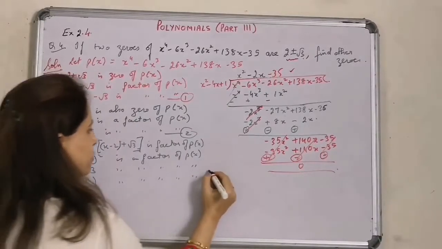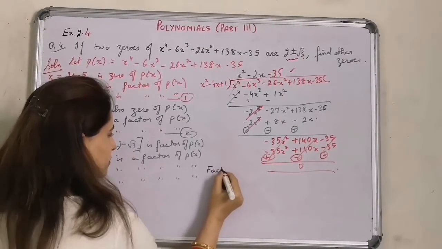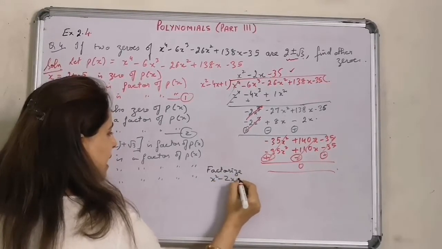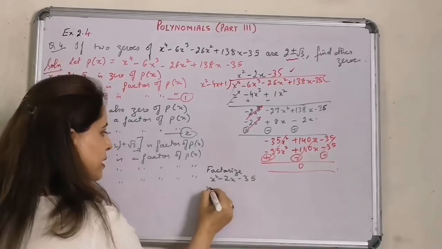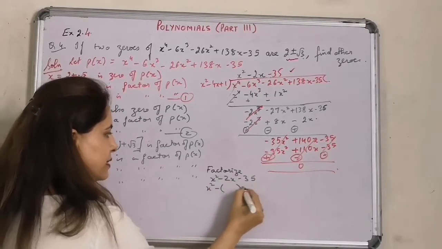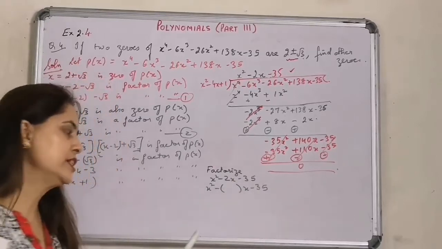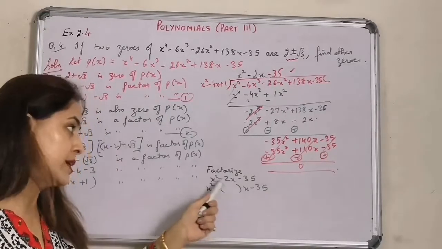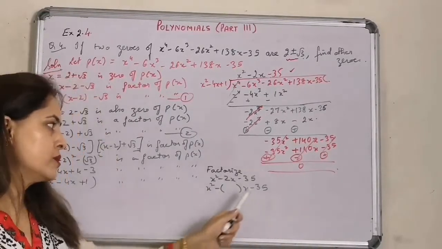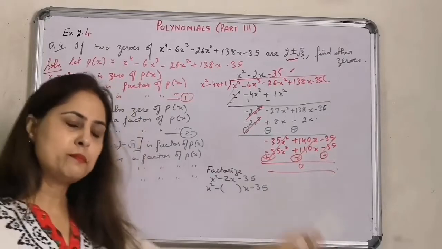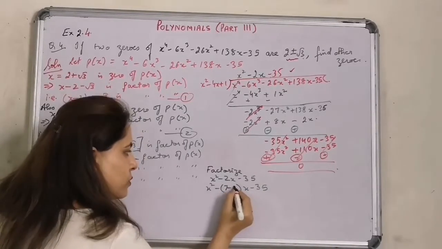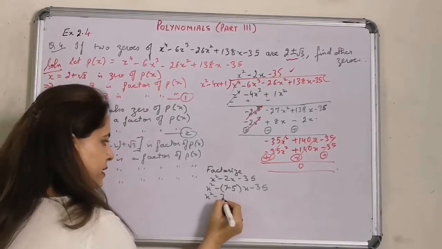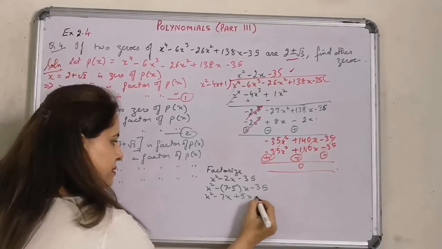Now factorize here x square minus 2x minus 35 by splitting the middle term. In place of the middle term, put a bracket. Now you have to think of two numbers which, when multiplied, give minus 35 into 1 which is minus 35, and on adding or subtracting give the middle term minus 2. So 7 fives are 35 and 7 minus 5 is 2. So in the bracket I'm just going to put down 7 minus 5. Right? Open up the bracket, x square minus 7x plus 5x minus 35.